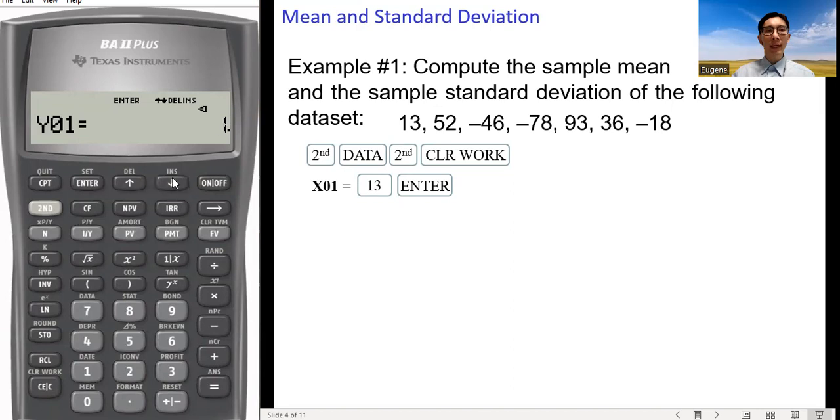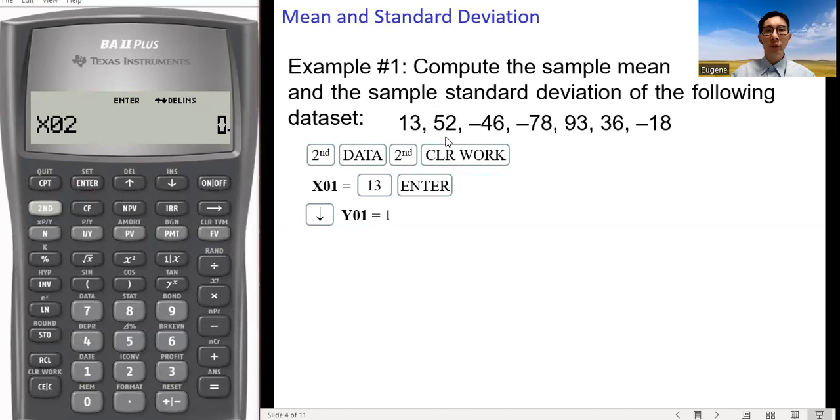Press the down arrow to enter the frequency. This data value 13 appears only once, so Y01 is 1. 1 is the default value in the calculator. So if the frequency count is 1, we can simply press the down arrow key to key in the next data value.